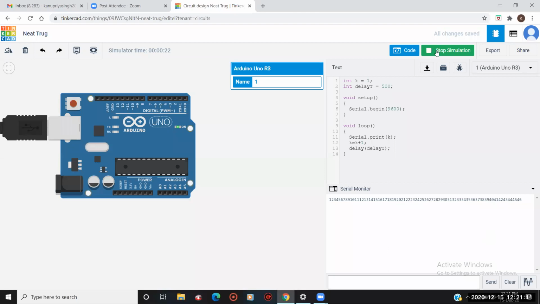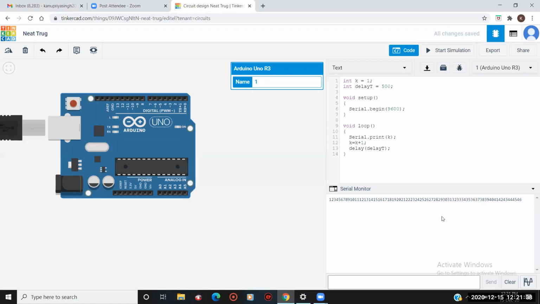But let's stop the simulation and just clear the data. Before clearing, you can see it is printing 1, 2, 3, 4, 5, 6, 7, 8, but it is printing without any space or without changing any line. The data seems very hodgepodge, right? We are not getting what this number is, whether it is 1 3 or 3 2 or 3 1.